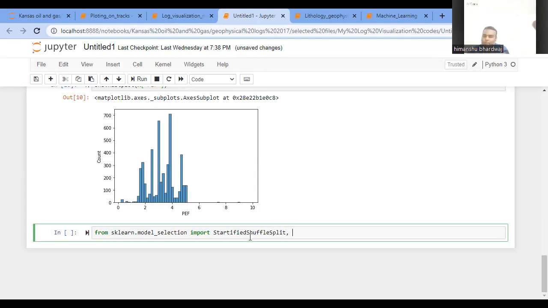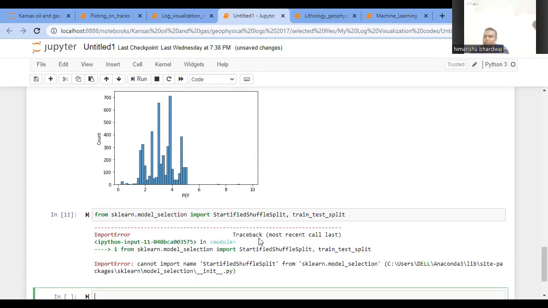You can also go for cross validation, but I'm using only a train and test split, so only two. I'm going to split the dataset into two parts only, the training and the testing part. But you can have a better